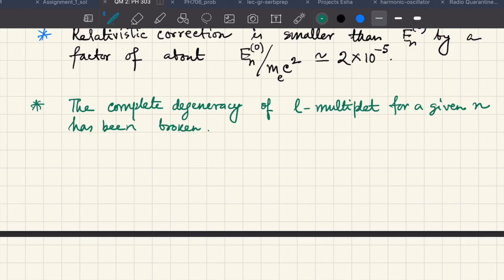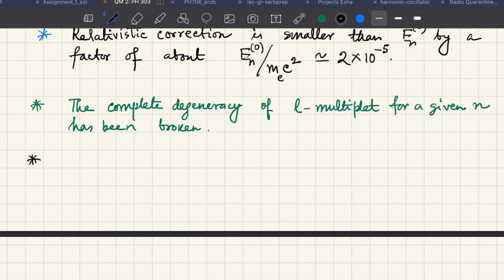So that degeneracy of the unperturbed Hamiltonian H0, if you remember in the last class we had discussed it, was explained by the conserved Runge-Lenz vector. And it is clear that the relativistic correction has broken that particular symmetry. So that is the most important or significant point that I wanted to mention here. So let us talk about the size of this correction.